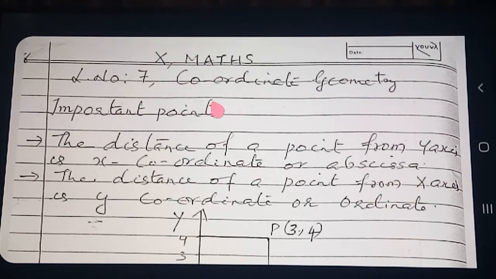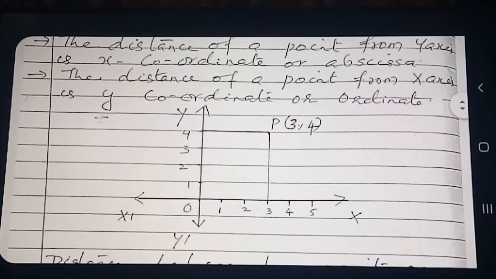Actually, coordinate geometry was introduced by the mathematician Rene Descartes. Last year we have studied this. In coordinate geometry, the coordinate axes are there. This y dash and x dash we are calling coordinate axes. This plane we are calling the coordinate plane. This coordinate plane is divided by these two coordinate axes into 4 equal parts. Each part we are calling a quadrant.